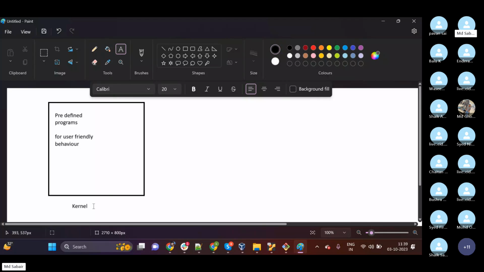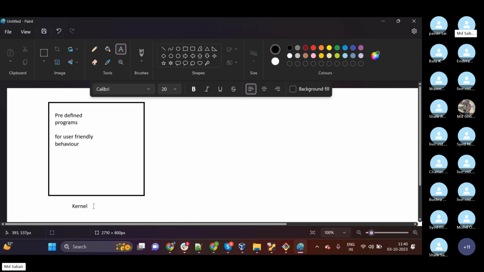For any operating system, whether it is Windows or Linux, there will be one kernel. Because of this kernel, we have the predefined programs. So the kernel is nothing but the heart of the operating system. If the heart is not available, then can anyone live? Is it possible?